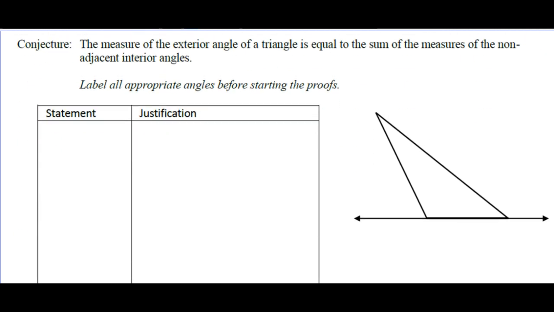Conjecture: the measure of the exterior angle of a triangle is equal to the sum of the measures of the non-adjacent. Okay, the exterior angle of a triangle, that's going to be angle A. Let's throw this in. We'll call this B, we'll call this C, we'll call this D. So the conjecture is that angle A,